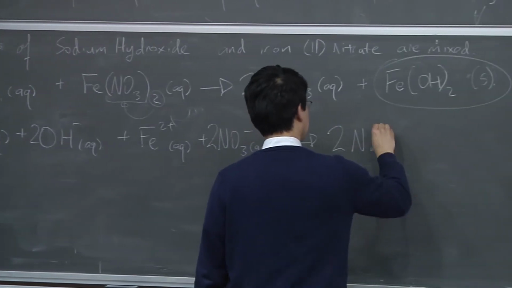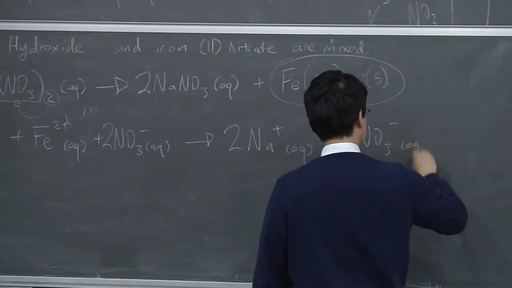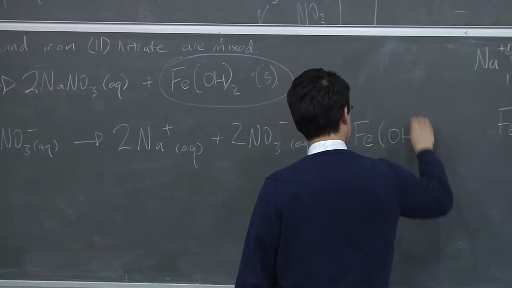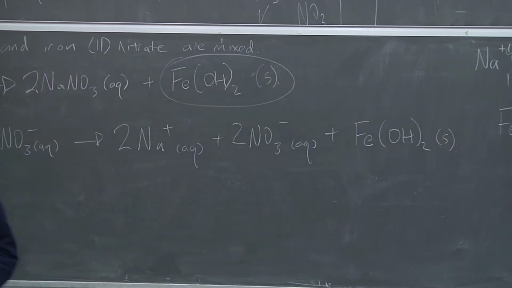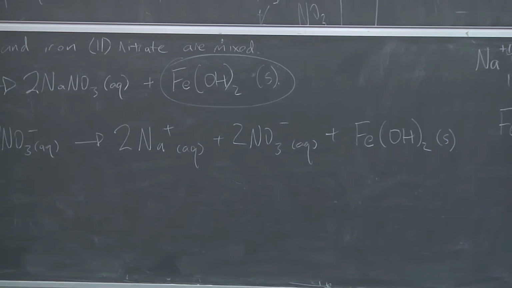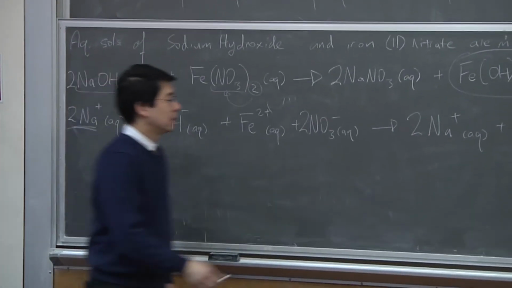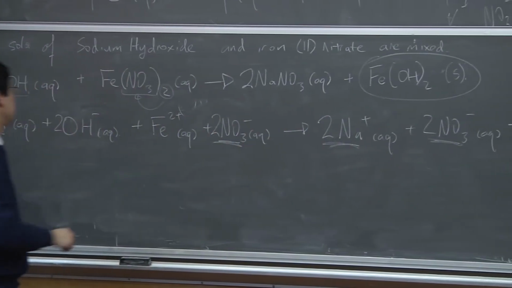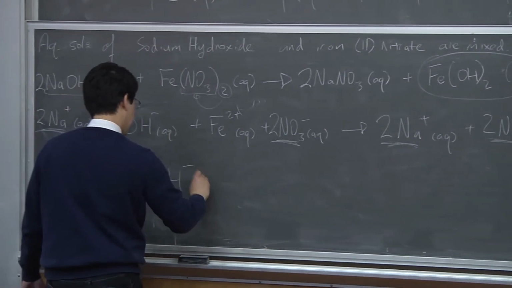2Na+ aqueous, 2NO3- aqueous, plus Fe(OH)2, because the solid doesn't dissociate. It's a solid, right? It's a solid ionic compound. The ions are together when it's solid. Okay, so now we're going to identify our spectator ions: Na and Na, and NO3 and NO3. Those are our spectator ions. So the net ionic reaction is going to be 2OH-,